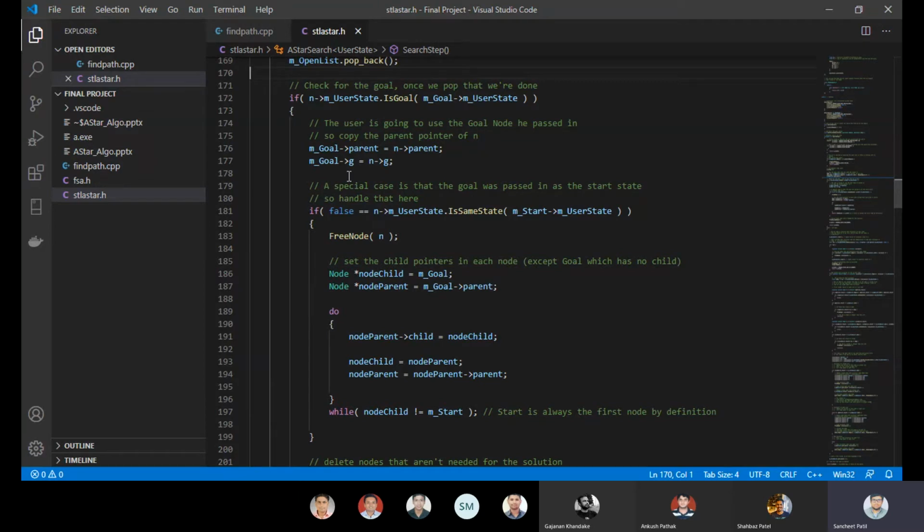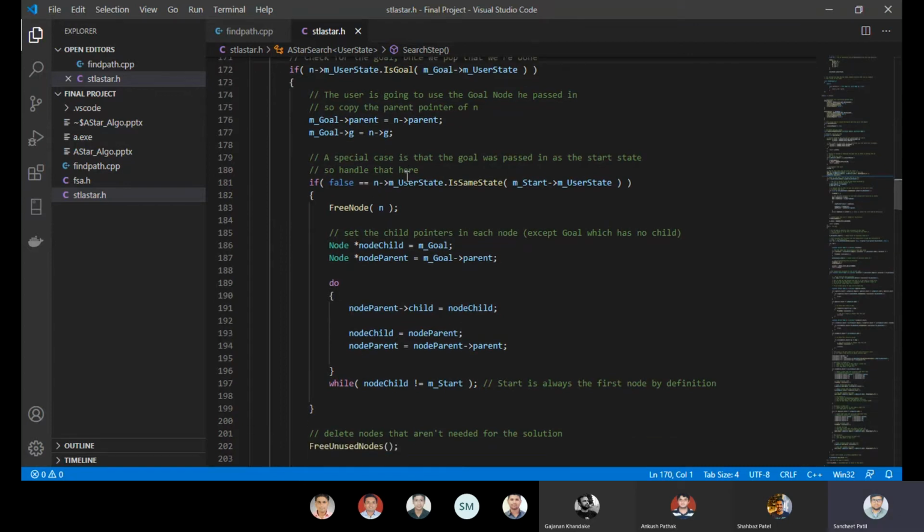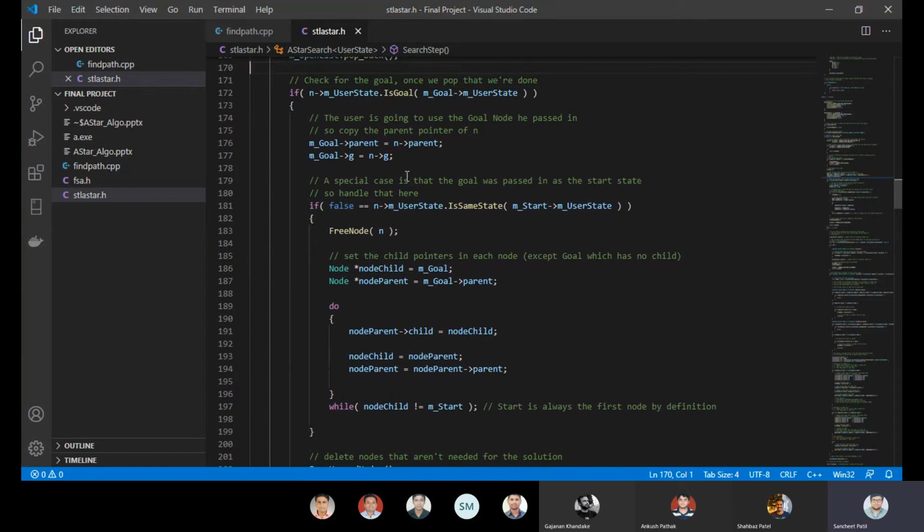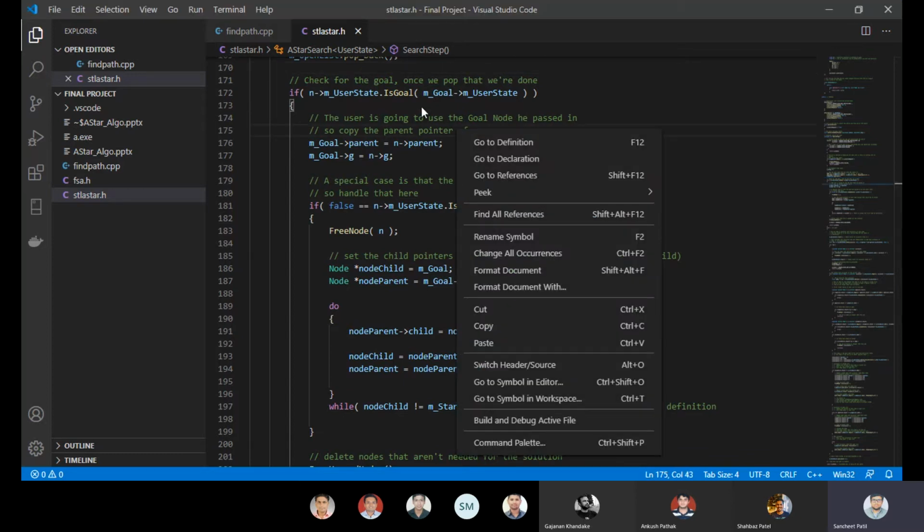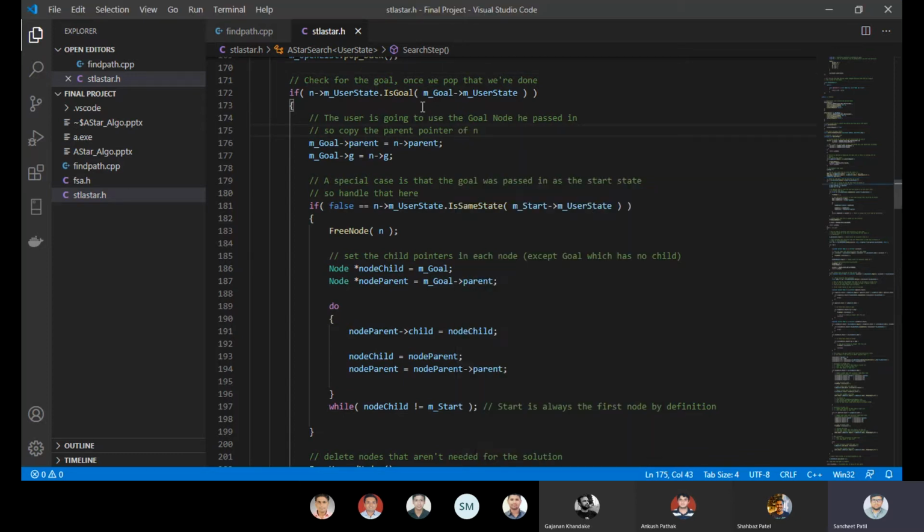So basically, instead of going through many loops, we'll directly terminate the program, saying that the first node we have selected was the goal node, and the cost for it was whatever f of n we will be calculating in it. Okay. So what I have done is: if the user state dot goal is goal,